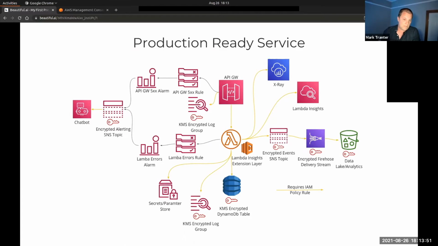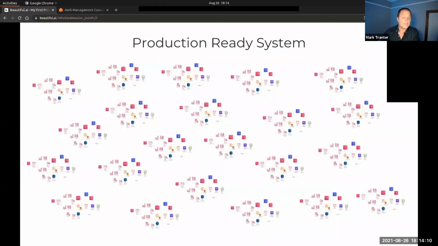And this is what the complexity of what a production-ready service might look like. The worst news is that every yellow arrow in that is something that requires some sort of IAM setup. And as I was saying earlier, IAM is non-trivial and really error-prone. And again, this isn't even the bad news. I think this is the really bad news.